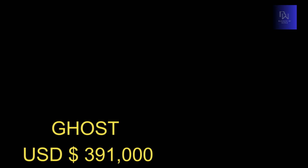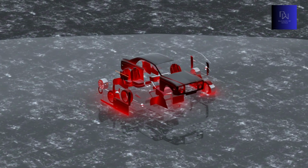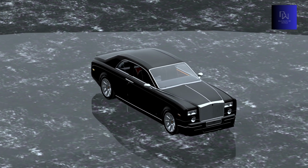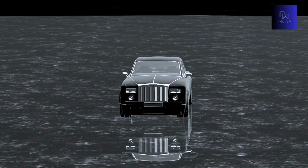The Ghost is the smallest and most affordable model in the Rolls-Royce lineup, starting at around $311,900. Despite its smaller size, the Ghost is still a luxurious and powerful car, with a 6.75-liter V12 engine producing 563 horsepower. The Wraith is a 2-door coupe that starts at around